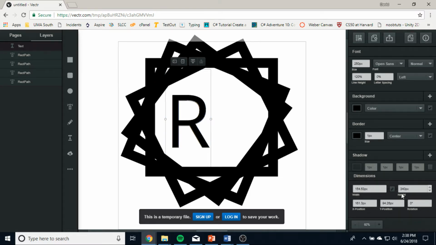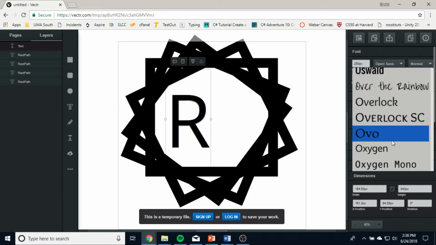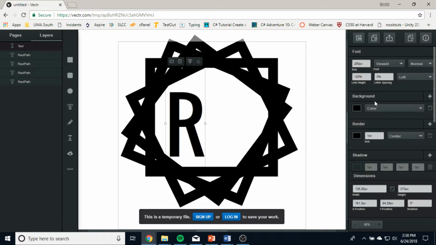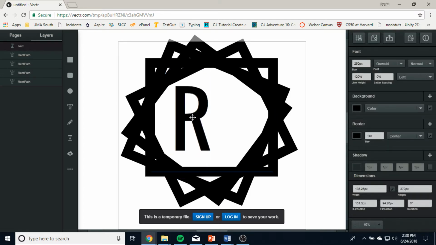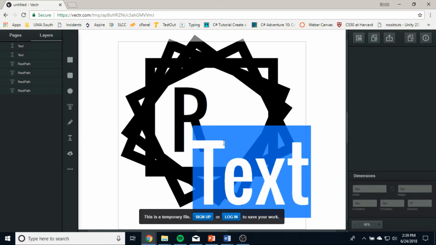And we can change the font as well. I don't want it to be Open Sans. I want it to be something that looks really nice. Oswald is cool, so we'll grab that. And then for the P, I wanted it to be a little bit more jazzy, so I did actually